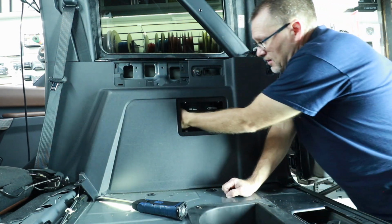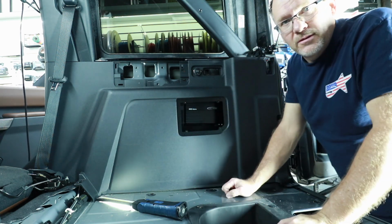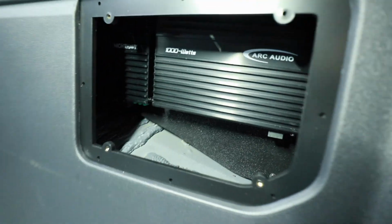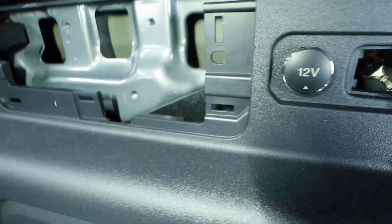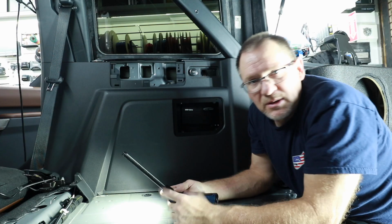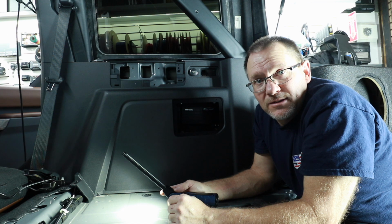The amplifiers have plenty of room here on the bottom. I can still get my hand in here so I can pull out the USB that's gonna get mounted into it. I'm pretty happy. They're tucked up nice inside there, up out of the way, and none of the stuff across the top here is hitting it. That means I'm going to take this all out, put it aside, head over to the bench, and start on